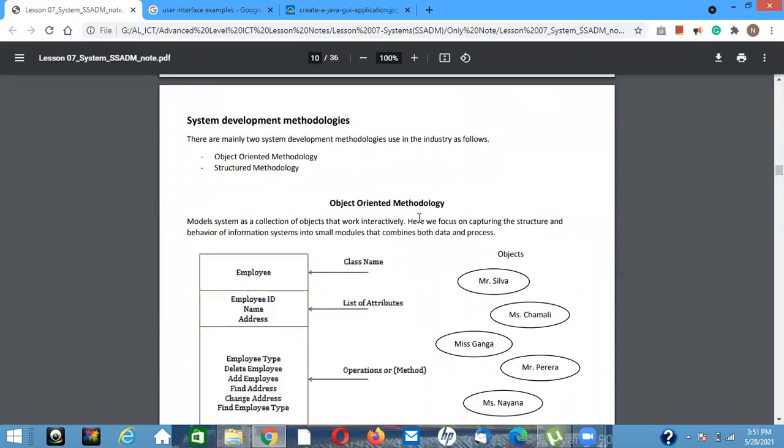Here for the object oriented methodology, all the parts of the system are known as objects.